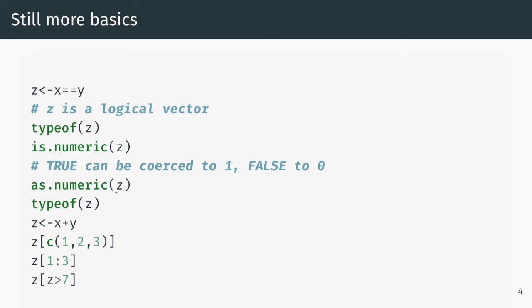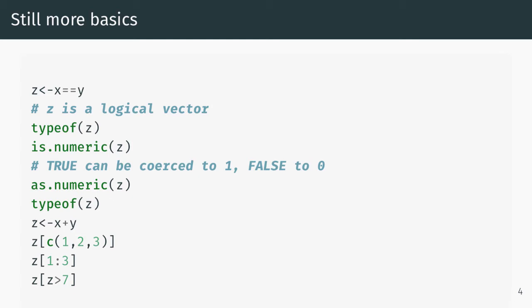So if we say as.numeric of z, we'll get a vector of all 1s. But still, if we ask the type of z, we'll get logical. And we could save this as z, say z gets as.numeric z, and then if we did typeof, we would get